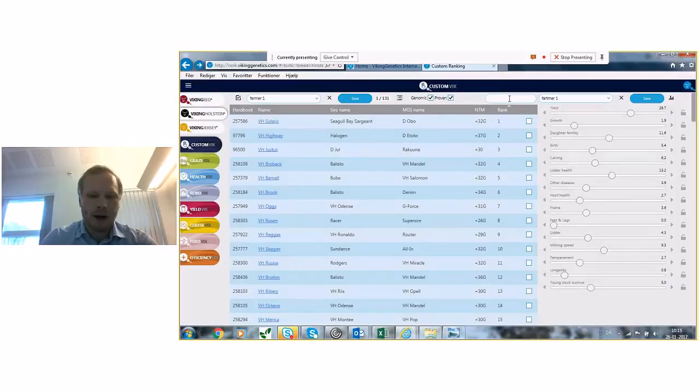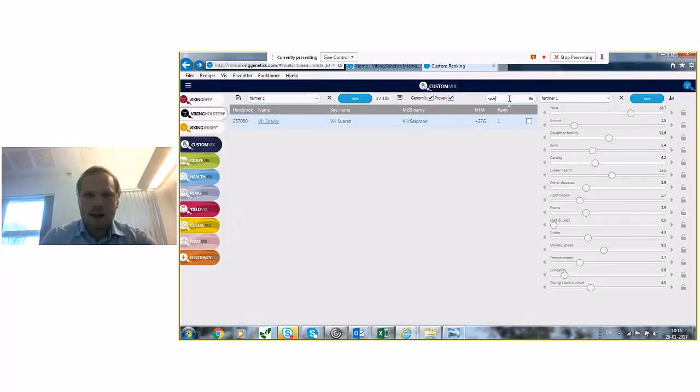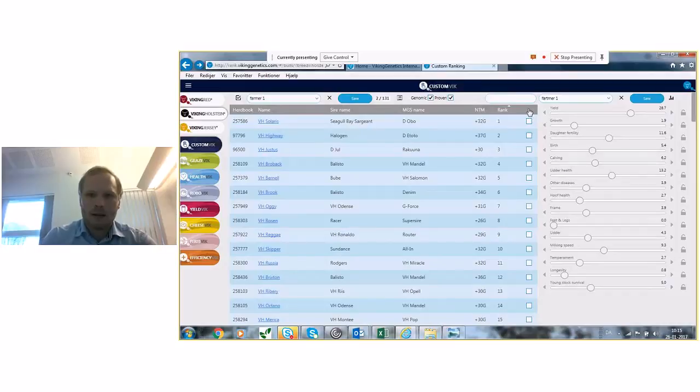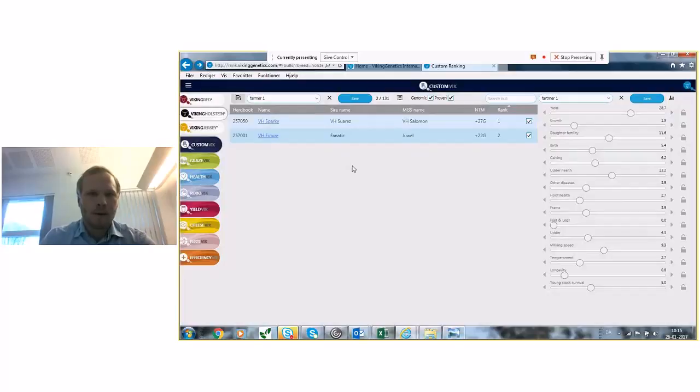and then you press, for example, you take Sparky, you find him, all right, and then you save, okay, and then you don't need to go through the whole list. You can just search them and then just press over here every time you found them, and then you can make your own list again. So it's a really easy way. If you just have 10 bulls and you want to look for them, just put them up here, and every time you find them, just press over here and then a new bull, and then in the end, if you found them all, just save, and then you have your list.